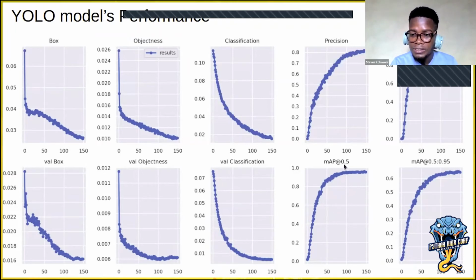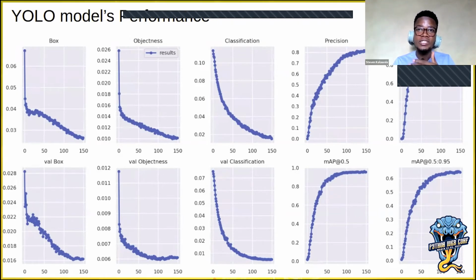And then we have the mean average precision, mAP at 0.5. Let me explain mAP in a bit. mAP, mean average precision at IoU 0.5, where IoU means intersection over union. We have the bounding box that we annotated over the sign box, and then our model is trying to predict an equivalent bounding box, right?